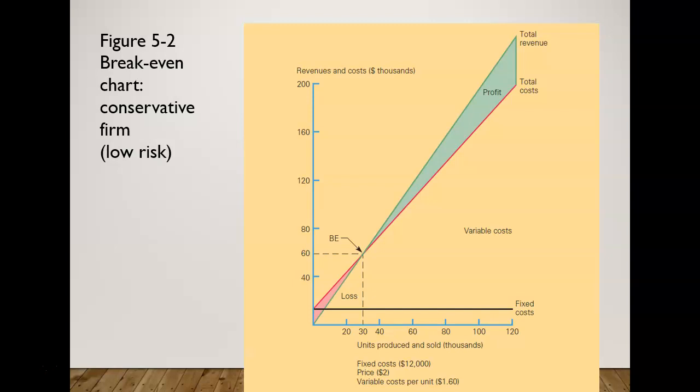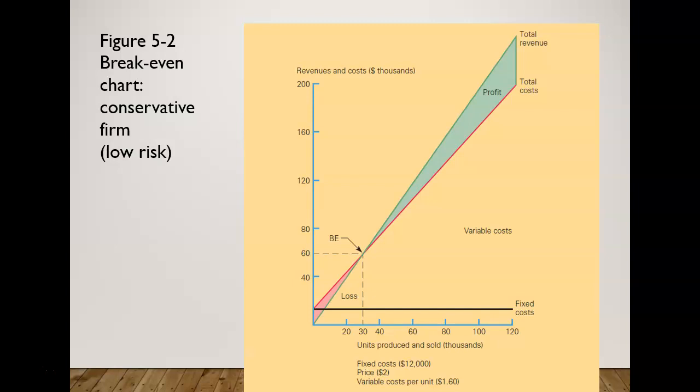Graphically again, we can show here that if the firm was a conservative firm, meaning a low-risk firm not looking to borrow so much, so their financial leverage is lower because they're taking on a lower amount of debt, they're not looking to expand so much, so they're not building out or renting new spaces or taking on new equipment. It's a conservative firm. They are not looking to grow as quickly. This firm would have a lower